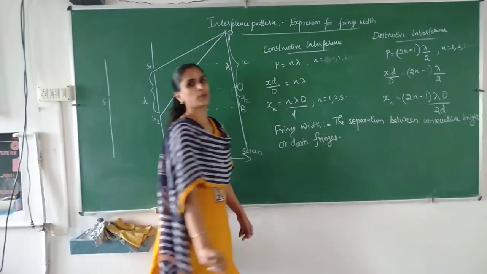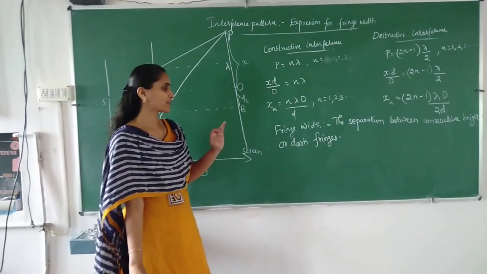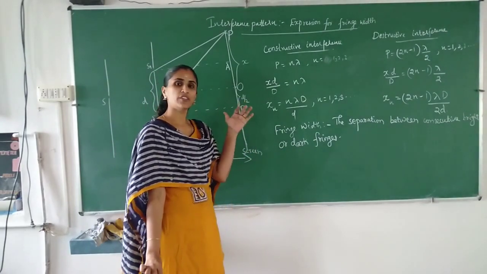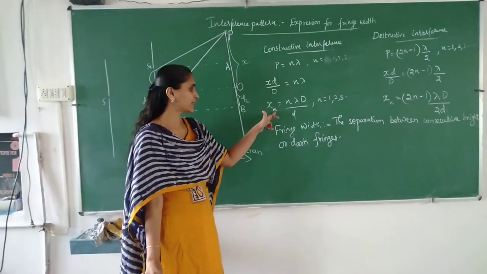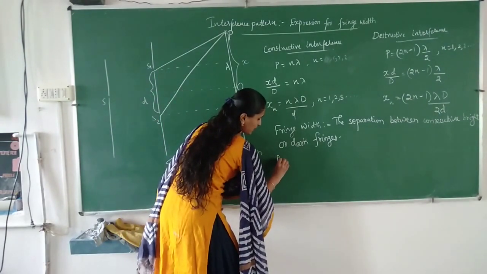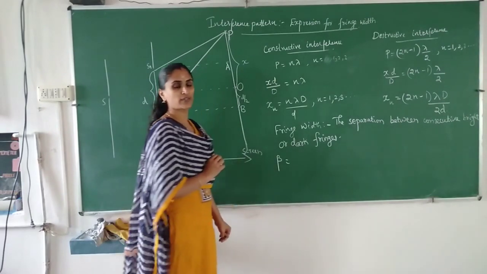The separation between consecutive bright or dark fringes is known as fringe width. Okay, so we can find the fringe width of a dark fringe. How to find it? Here you can write, fringe width is written as beta. So beta, the fringe width of a dark fringe, we can write